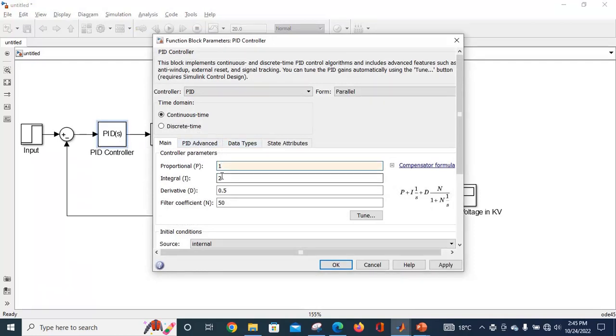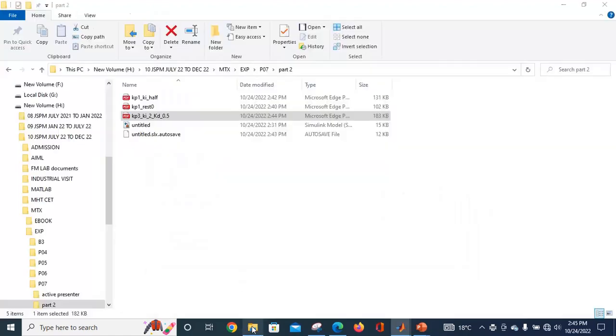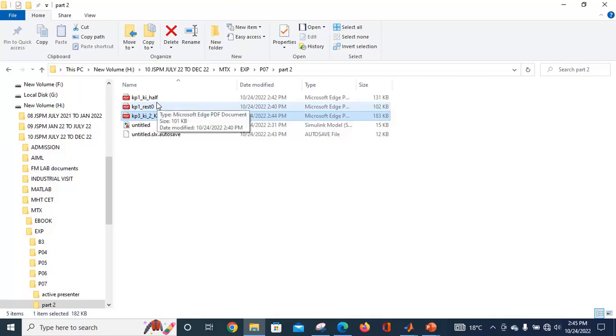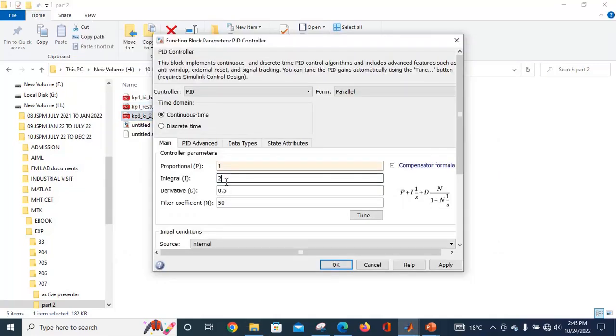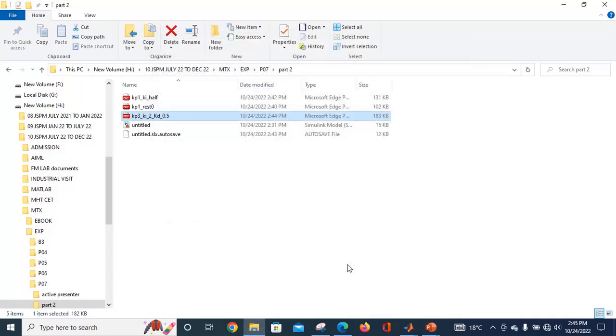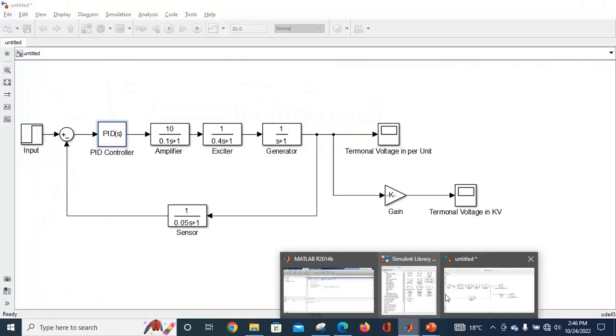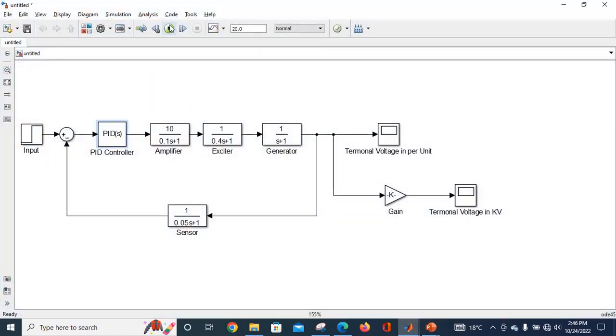Kp 1. Ki, have we taken this value? Ki as half, 0.5, we have taken. Okay, 0.3 I will take, and this 0.5 I will keep. Apply. Okay, 1, 0.3, 0.5. Run,